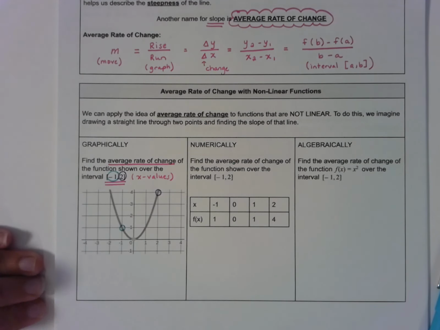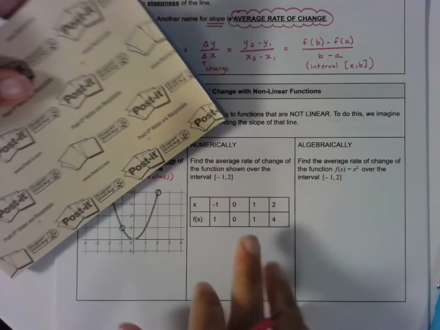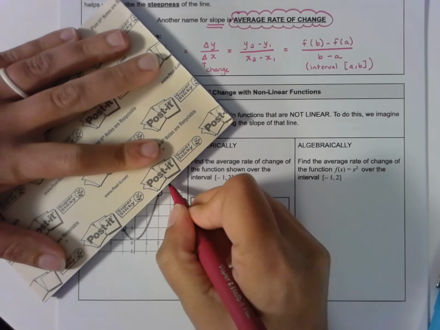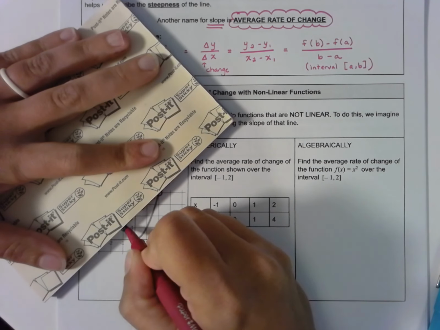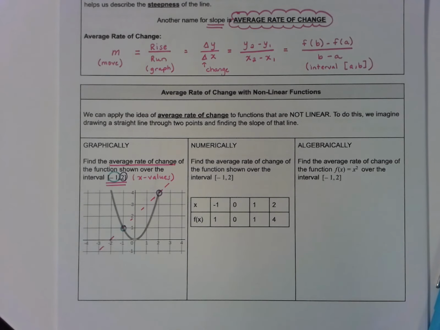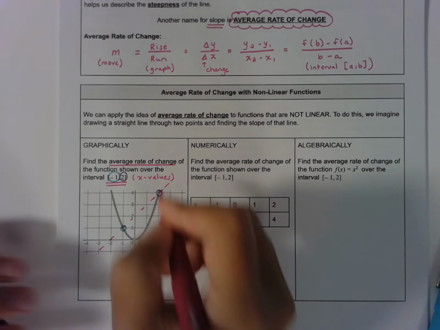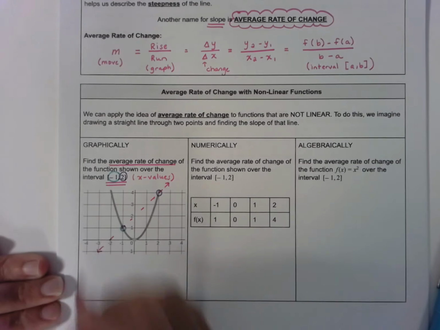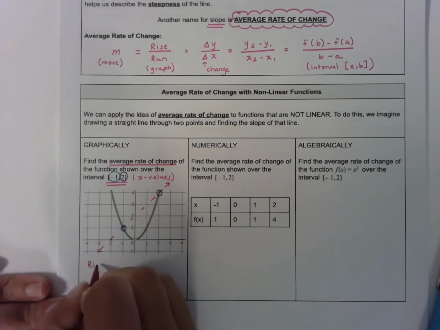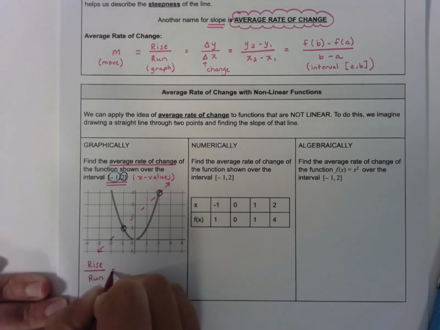So if you imagine, and I'm just going to take the edge of my stack of Post-its here, if you imagine connecting the dots here with a straight line, this line is not really part of the graph, but it's the line that we're going to imagine because finding the average rate of change means finding the slope of that line. So to find the slope of this line, I like to use the idea of rise over run,